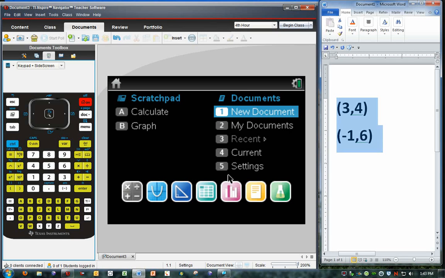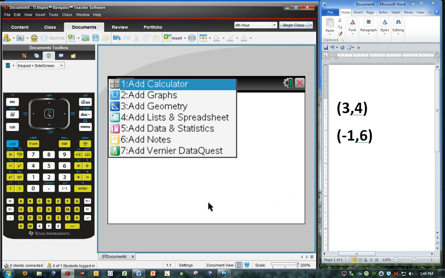We are going to find the equation of a line that passes through these 2 points, the point (3, 4) and (1, -6), using a scatter plot and what we call linear regression. Regression is just a fancy way of saying, all right, we have these points, let's find the equation that works for these points. So what we want to do is open up a new document, say no